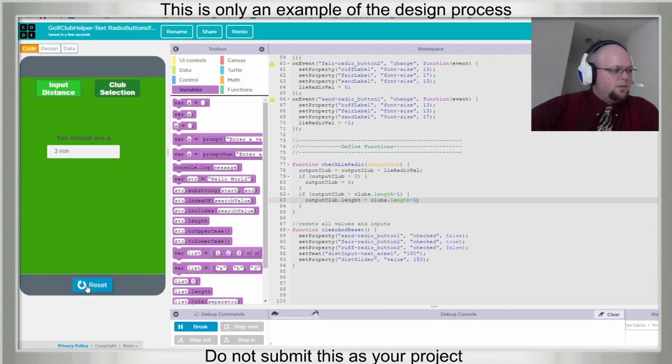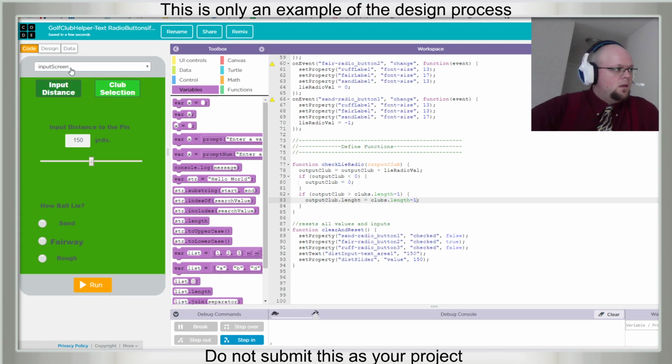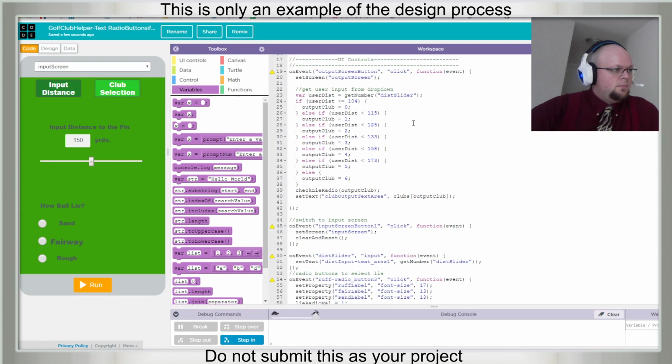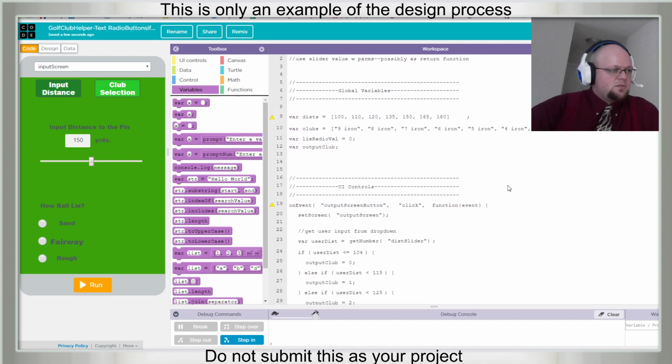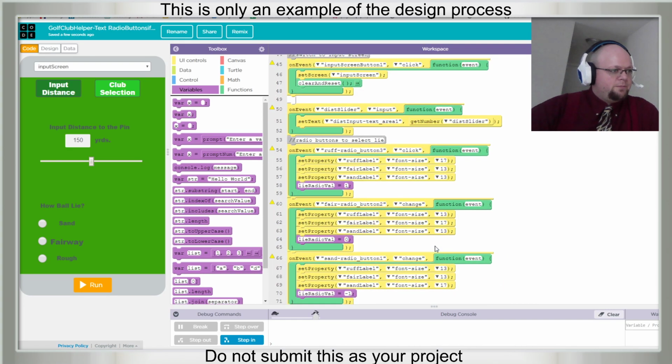Oh, I got rid of the stupid console logs. That's why. All right. Well, just trust me. We fixed something that would have broken.